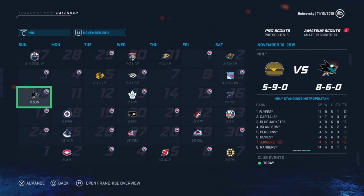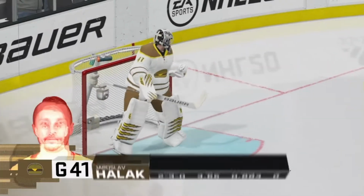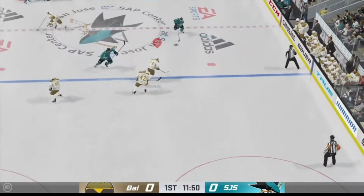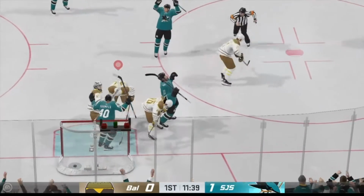We're going to be taking on the San Jose Sharks to start off this episode on the road. Aaron Dell going to be in the net for the Sharks. He has a 2-3 record this season with a .365 goals against average. Yaroslav Halak, same exact record. Same exact goals against average, but that's going to get a lot worse as Brian Boyle going to start the